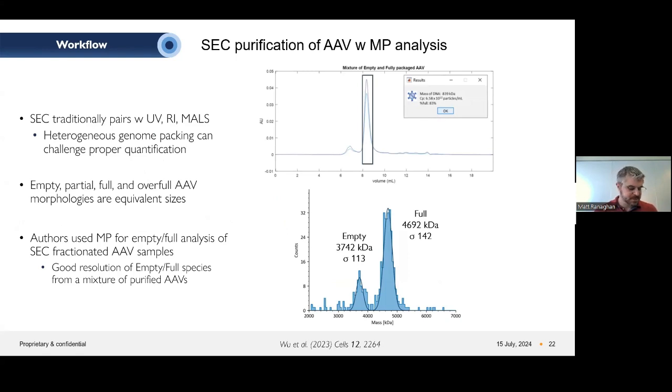In this slide, we're presenting data from a paper whereby the authors used mass photometry to analyze samples purified by size exclusion chromatography, or SEC. SEC traditionally pairs very well with detectors for UV, refractive index, or multi-angle light scattering, or MALS. However, the analysis of these particles can be a bit challenging for proper quantification, as the presence of heterogeneous genome packing like partials and overfills can skew the data